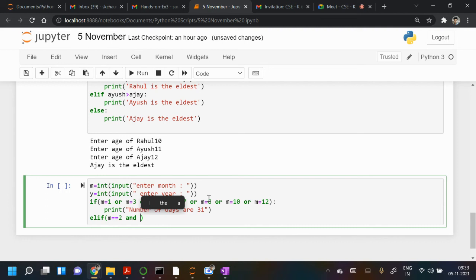For the year, I have to use, and if year when you divide by 400 gives remainder 0, and year when you divide by 4 gives remainder 0, as well as when year divided by 100 gives remainder not 0.